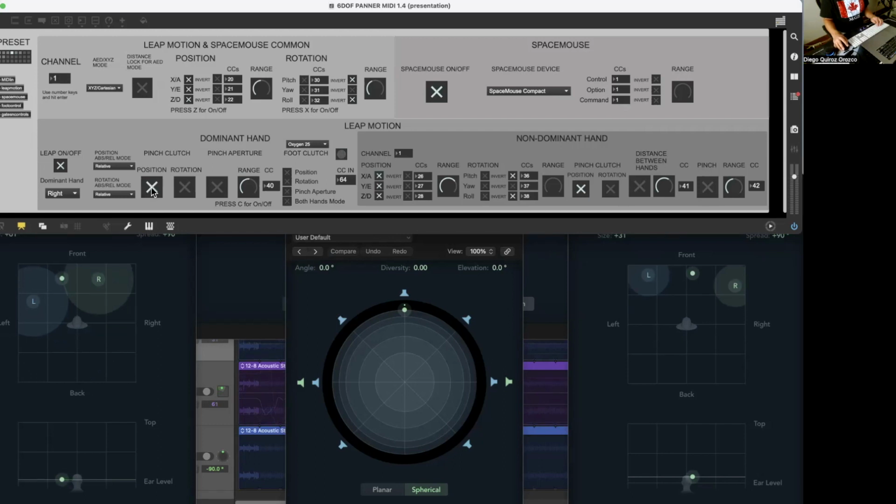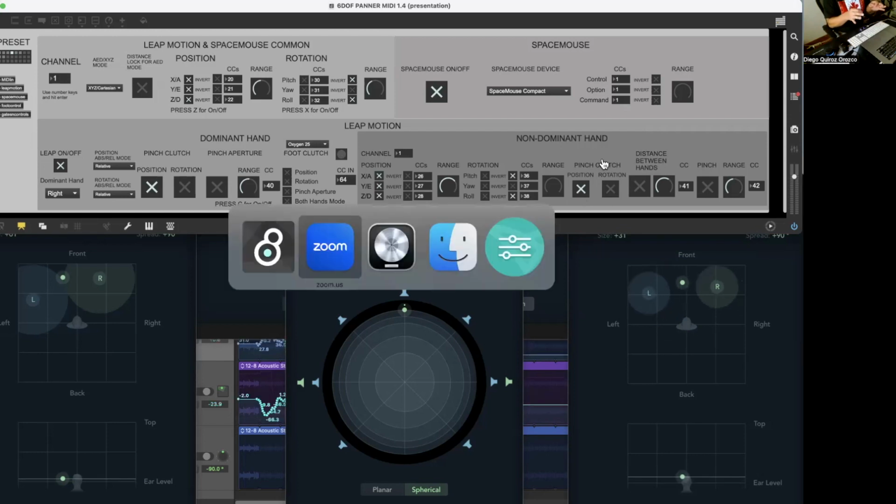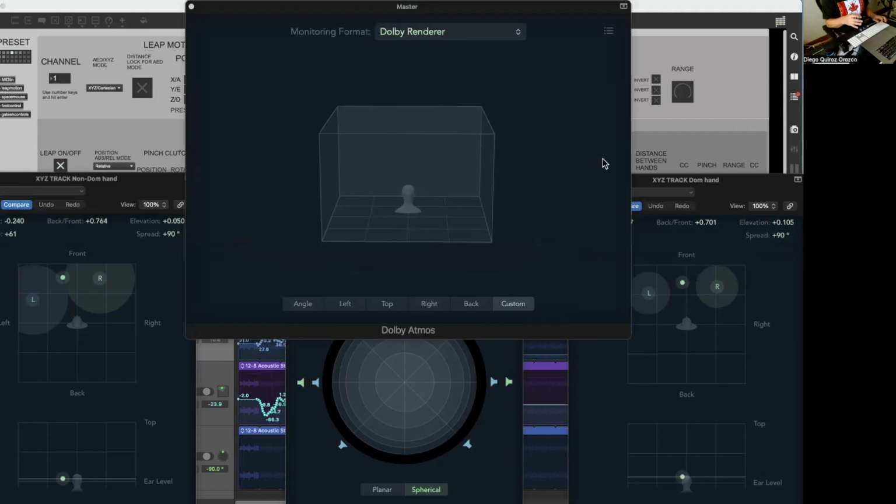So it was actually on, should have been off, sorry about that. But so the pinch now is the clutch. That's why it's called the pinch clutch over here in both hands. And we're using it for position. In the Harpex Reaper portion of the tutorial, we'll use it for the rotation. But for now, I could just be looking at Logic over here, and